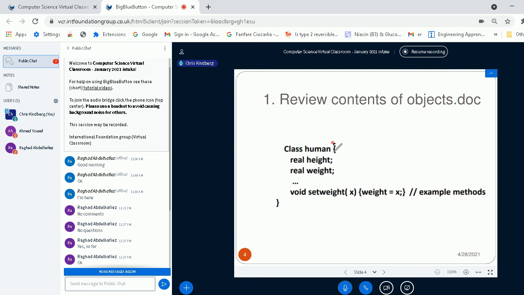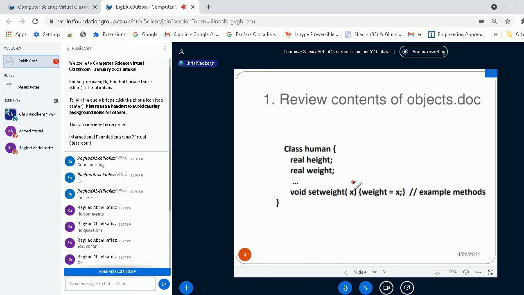So I've got a class Human, which contains two items of data, or fields as they're called, variables of specified types: height and weight, which are both real numbers. And here's an example of a method called setWeight, which doesn't actually return a value, so it's not like a function.